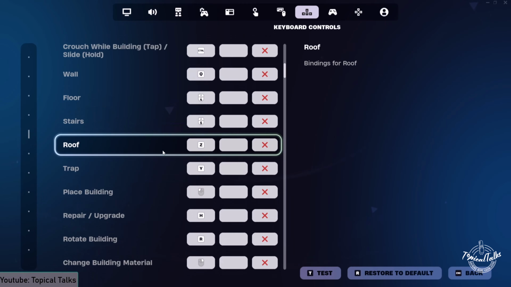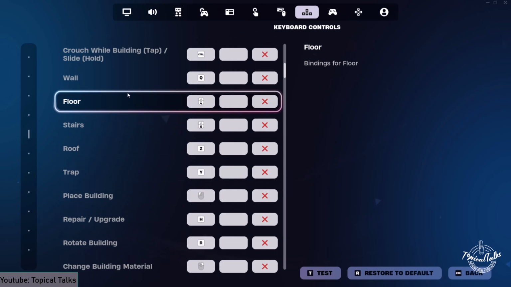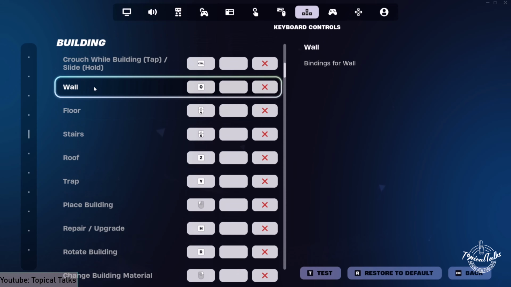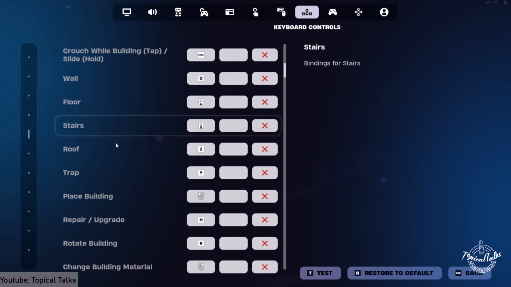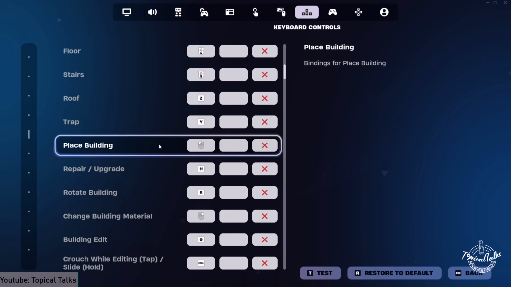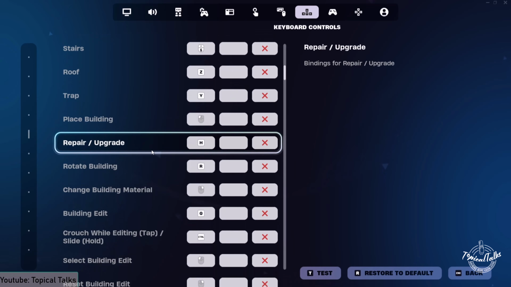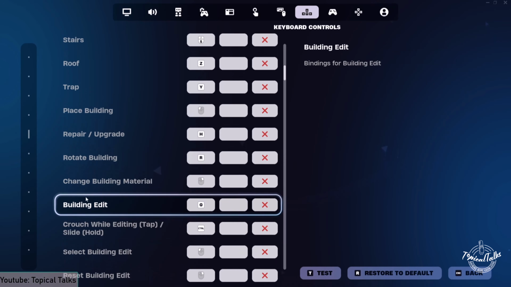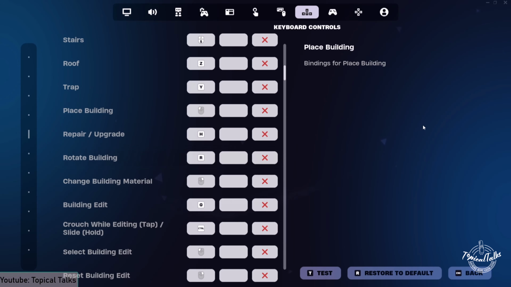So I have set my keybindings to a custom mapping. You can do this as well. You can change the keybind to wall, floor, stair, roof, build traps, place building, repair and upgrade, edit, and a whole lot of things. After you have changed your keybinds, you can just hit apply from your settings and go